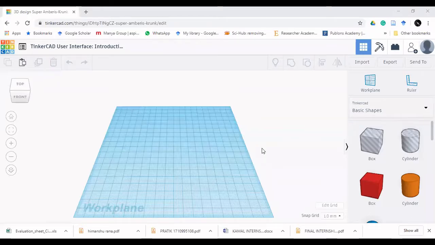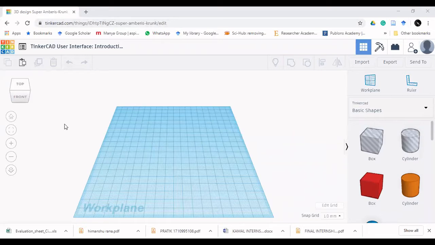Okay, so I welcome you all to this new lecture series. This is about using TinkerCAD. TinkerCAD is a software which doesn't need anything to download. It works on the web browser itself. It doesn't require a lot from your internet or, let's say, your RAM. So let's begin. Today we are going to learn this interface of TinkerCAD, the different things that you